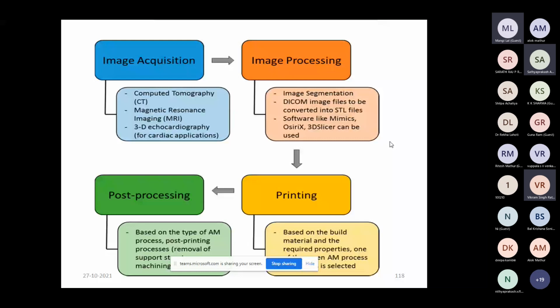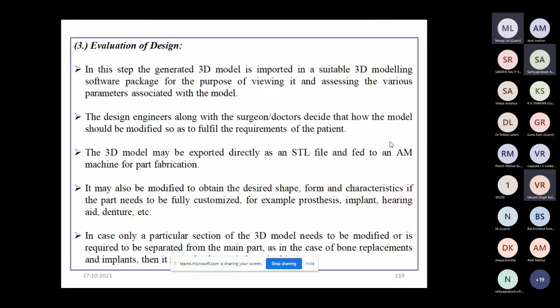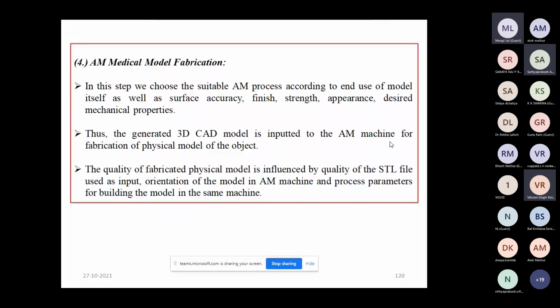Then printing is done based on the build material and required properties. One of the AM techniques is used. Then post processing is done. Okay, evaluation of design. Evaluation of design means customer specific design. Okay, and obviously medical model fabrication is done, and obviously the accuracy for the surface finish or strength or appearance, and also mechanical properties could be checked. Okay, so